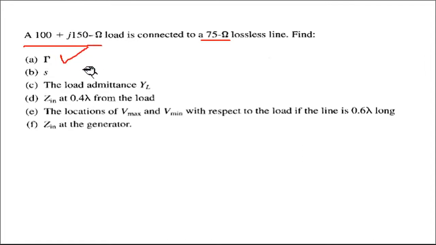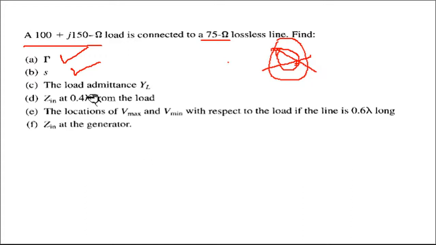So that gives the reflection coefficient. Make O as a center, OP as a radius, and draw a circle. The circle cuts the horizontal line on the right hand side. Where that circle cuts, that point is nothing but your standing wave ratio. What is the load admittance? You need to just move 180 degrees. So if this is a Smith chart, you have calculated ZL as here. You just extend it 180 degrees on the circle where you have drawn that VSWR, and the point where it cuts is nothing but your load admittance.